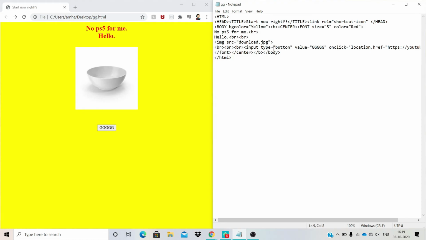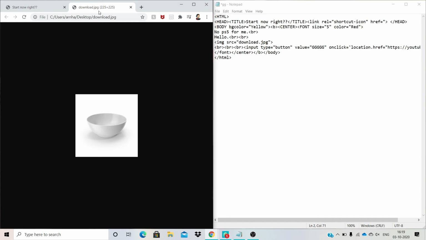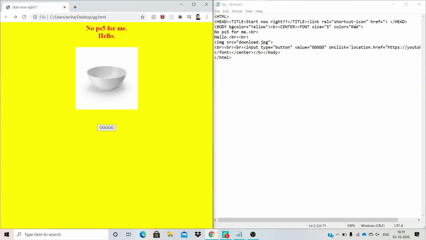So it was simple. What I thought was we are taking another attribute, but it is simple. We just take the href attribute. Wait, let me see what file name this is. Download.jpg. Okay, so here in the href attribute we will write download.jpg.